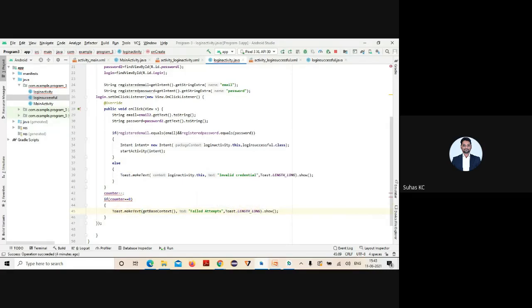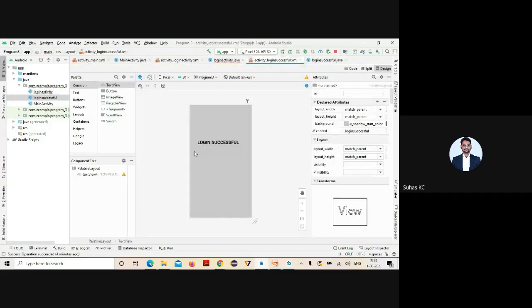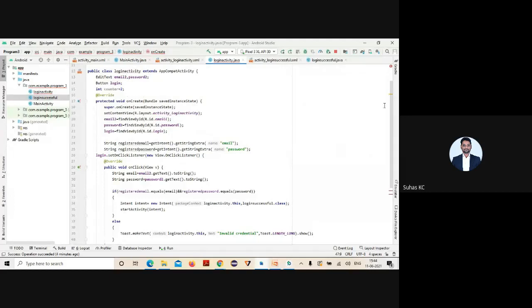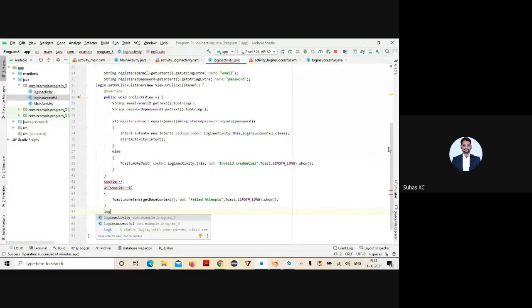You are displaying the message and it has to disable, right? It has to disable that one. So after that it has to disable. So for disabling, which particular button it has to disable is this one, the login button. So the login button is identified by, one second, where is it? Yeah, it is identified by which object? The object used is which one? Login. So what I'll do is here, login.